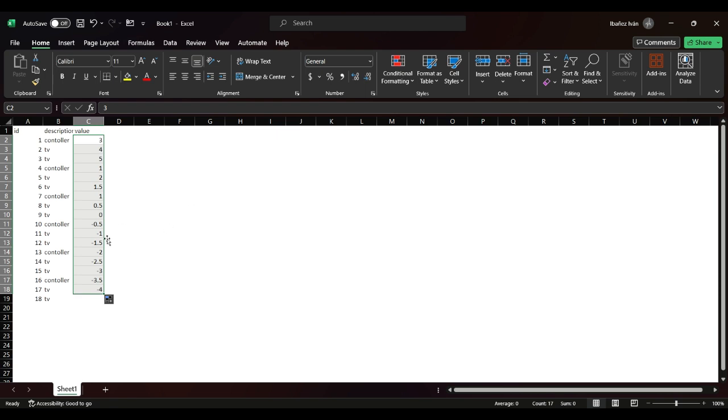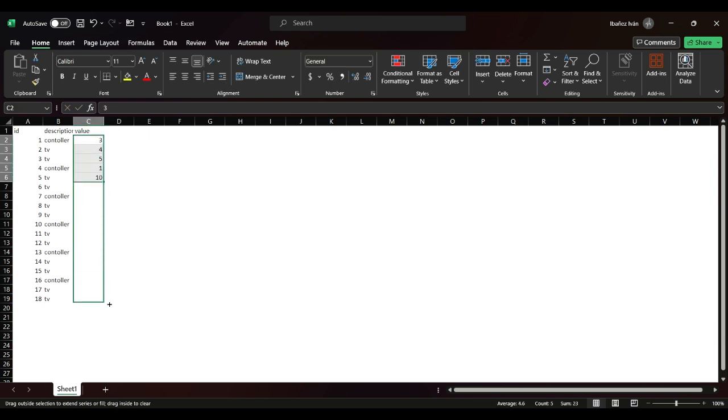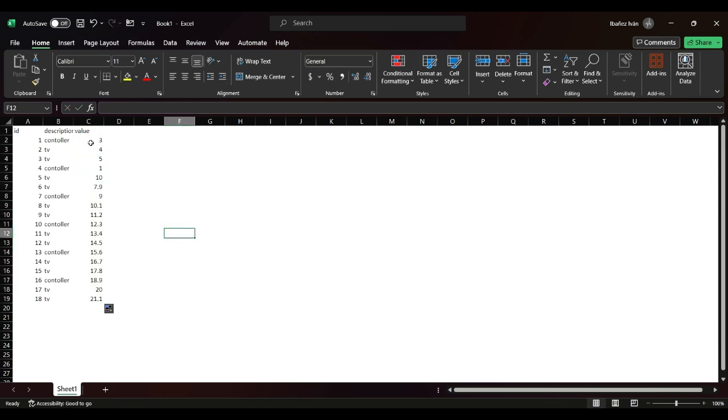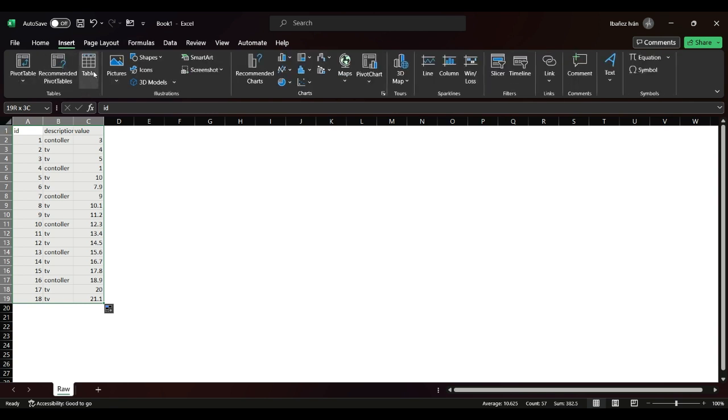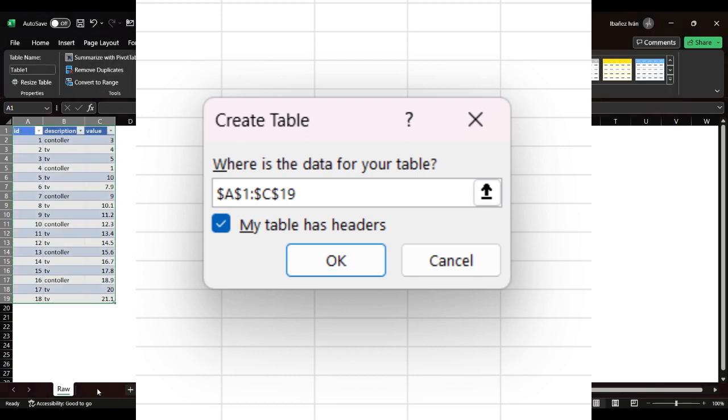Okay, kind of in this way, you know. So this is gonna be our raw data, and then from here, important about this, you should have this. You select your data, and then you insert the table, and you say that your table has headers. So with that, you can come here and then